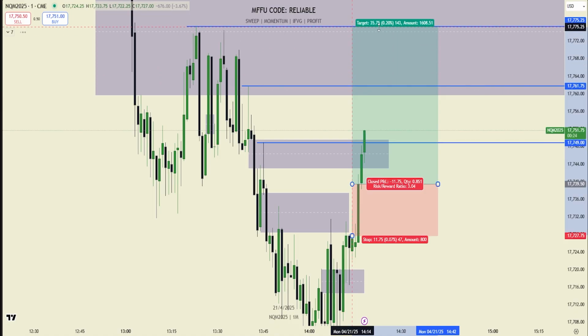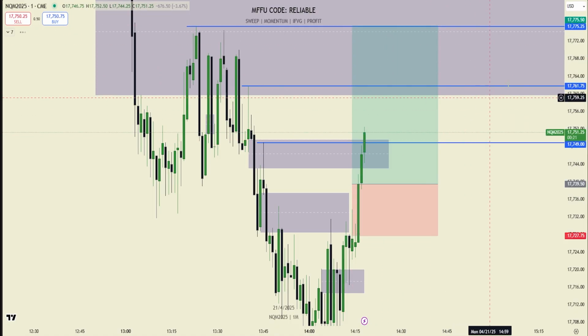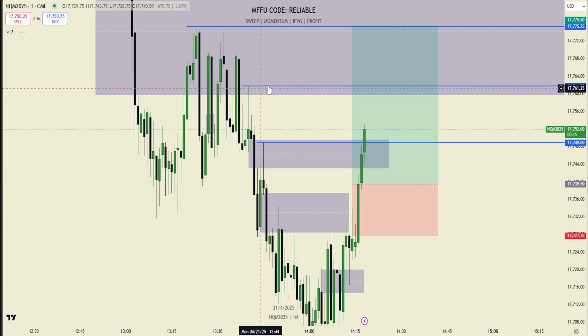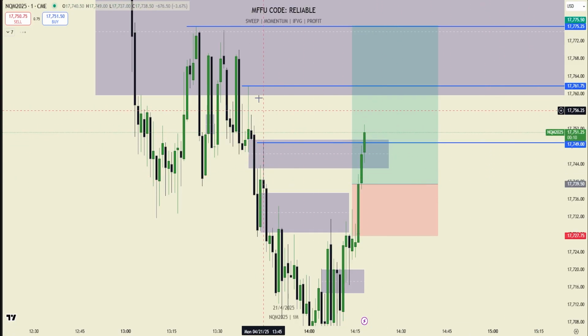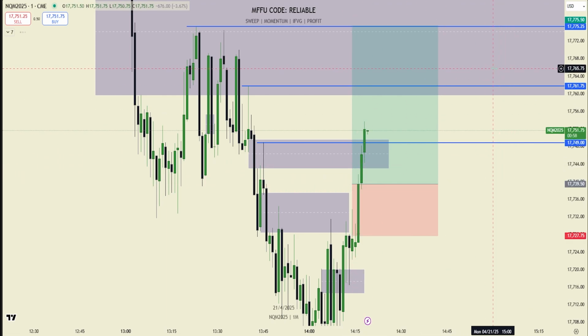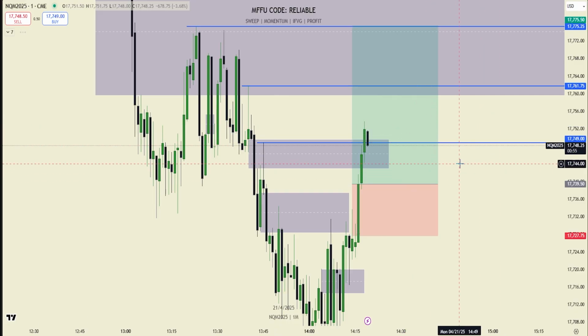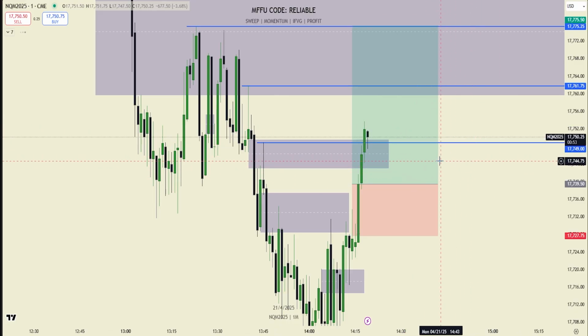First scale would probably just be these highs. I mean, there's no reason for this to stop. You could do something risky here and average up and then move your stop to break even at this high. We're already anticipating these highs to get ran anyway, so that could be another spot to jump in or average up. Me personally, I think it makes sense to stay in from just down here, and we're not too far away from the entry, so I wouldn't want to be in a scenario where averaging up moves my break even so that I would then take a loss on the trade. I wouldn't want that to happen.